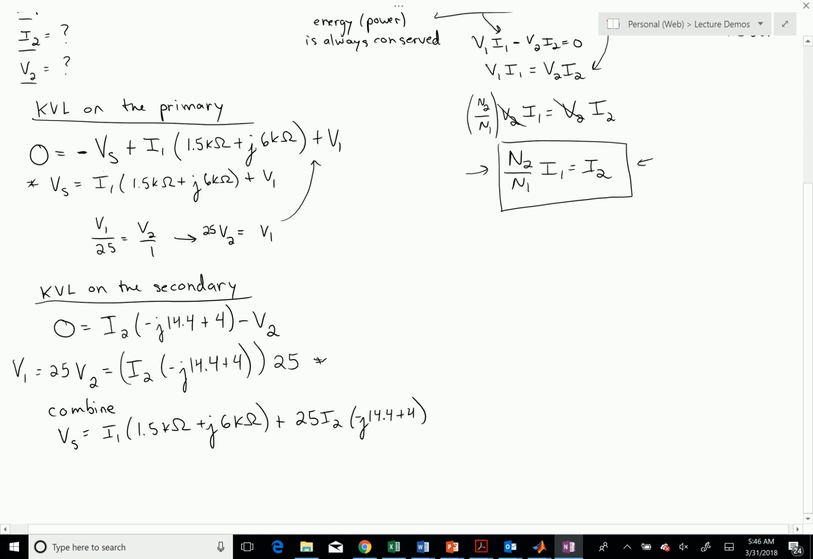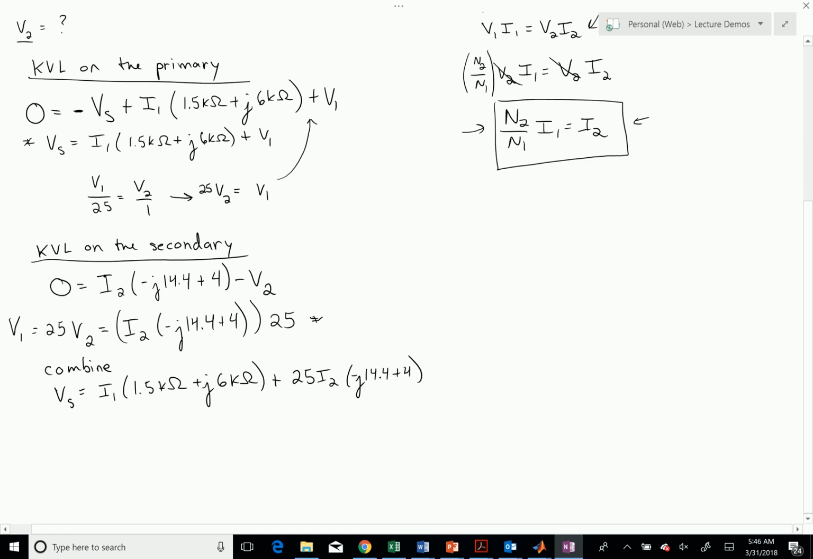I have I1 and I2, but I can relate those to each other as well, right? I know that N2 over N1, this relationship over here, N2 over N1 times I1 equals I2. In this case, I have 25 I1 equals I2, okay? So I again plug that in, and I get Vs equals I1 times 1.5k ohms plus j times 6k ohms plus 25 squared times negative